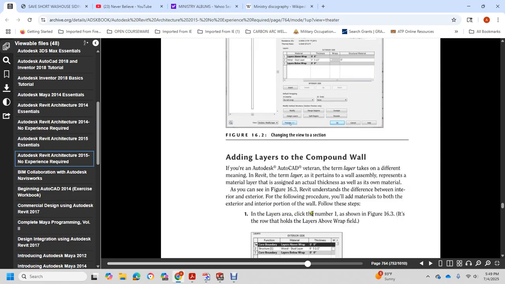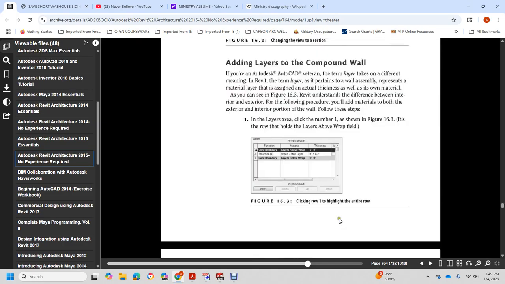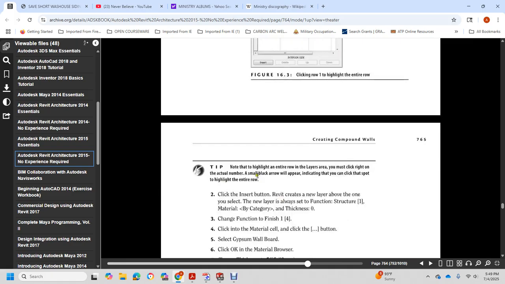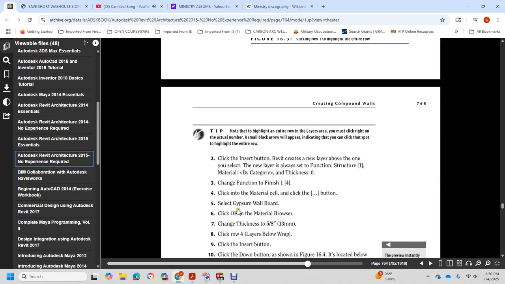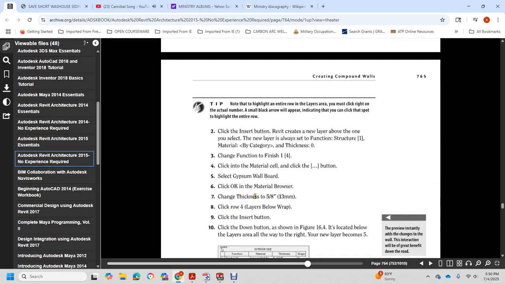Follow these steps: in the layer area, click the number 1 shown in figure 16.3, and the row holds layers above the wrap field. So, click the insert button, and Revit creates a new layer above the one, and select the new layer, which is also set to the function structure or material 1 by category, thickness 0. Change the function to finish 1, internal material, so click the button, gypsum wallboard, click OK, material browser, click, change the thickness to 5/8 of an inch, click row 4,